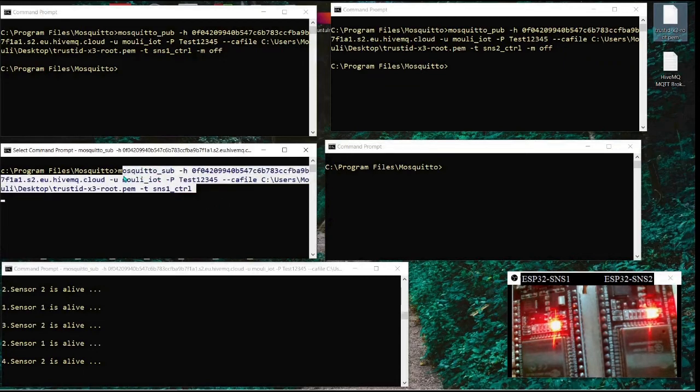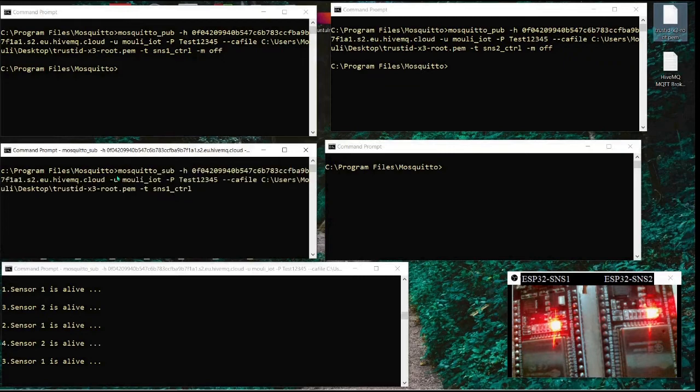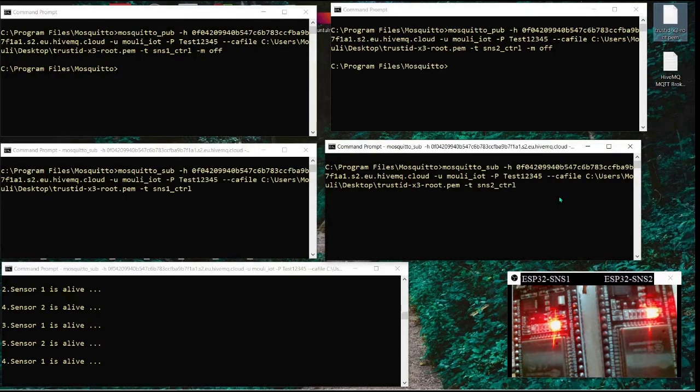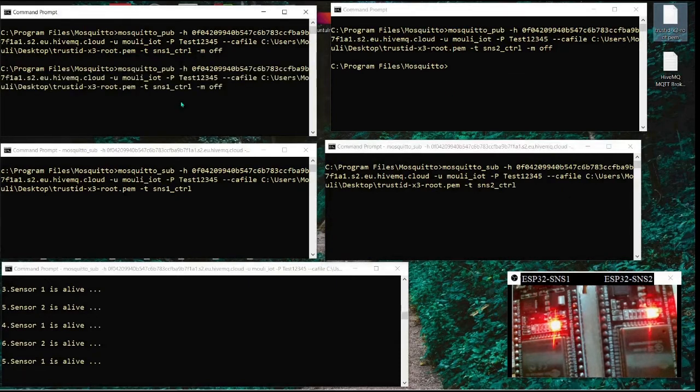Similarly, let us subscribe to the other sensor control here. Now both of them are waiting, similar to our devices. Now let us do one thing. Let us send a message that I want this device to blink fast. Now you see that the blink fast command is received by this client. Similarly, it would have gone here also. And our IoT device, which is on the Wi-Fi network, has received that, and now it is blinking fast.